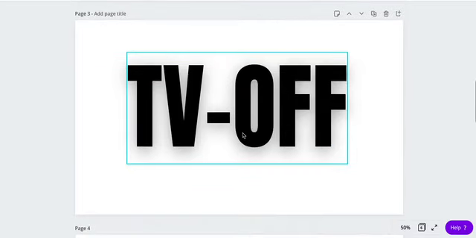The first one is called TV off. This is an acronym. That's the first one. I'm going to show you the diagram of TV off now, and that is the basic one that a lot of people will be able to start with. You can start with it, or you can decide to play hyper and go for the second one. But let's look at what TV off really stands for.